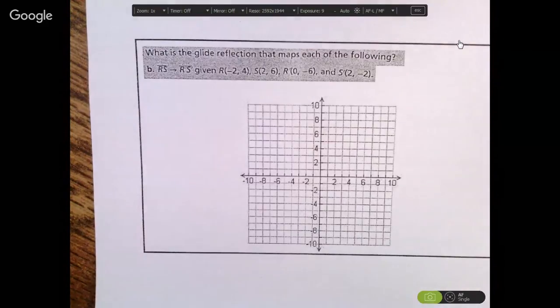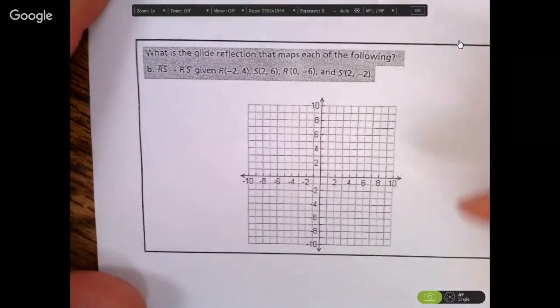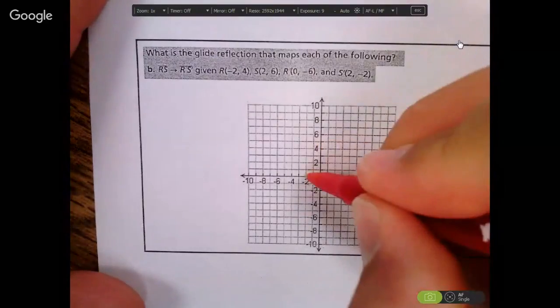Now, the less complicated the shape is, the more flexibility you might have in how to do it. So if it's a dot, you might be able to do it differently than a shape, because a shape has maybe a pointier part. That pointier part needs to identify with that. But okay, so plot these points, -2, 4,